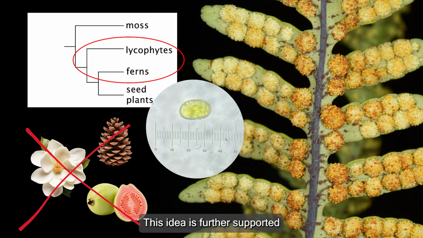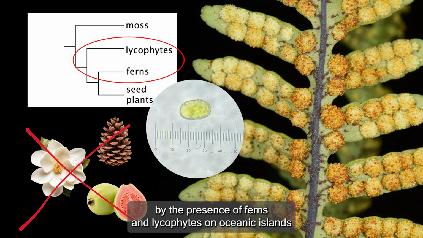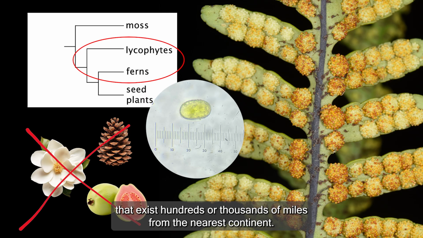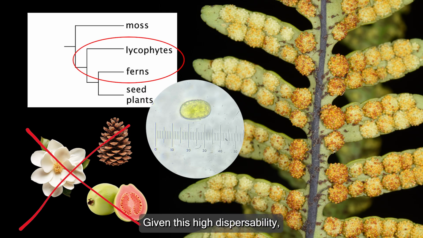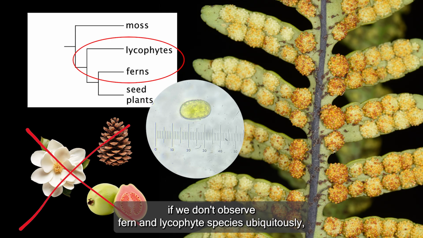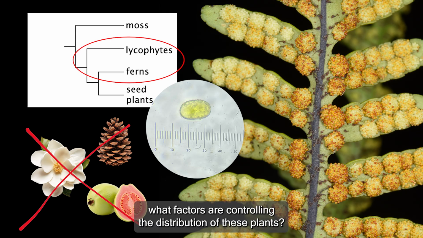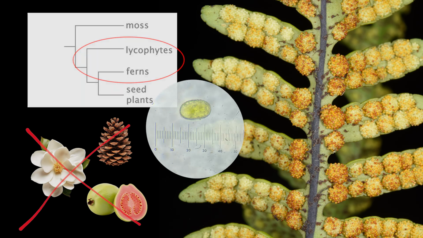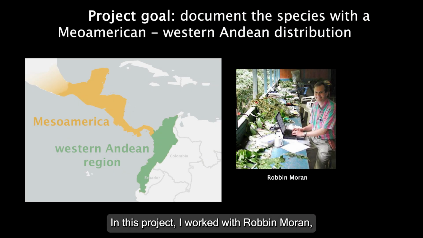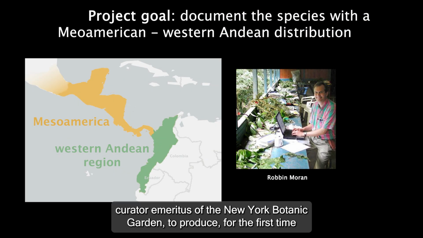This idea is further supported by the presence of ferns and lycophytes on oceanic islands that exist hundreds or thousands of miles from the nearest continent. Given this high dispersibility, if we don't observe fern and lycophyte species ubiquitously, what factors are controlling the distribution of these plants? In this project, I worked with Moran, Curator Emeritus of the New York Botanic Garden, to produce, for